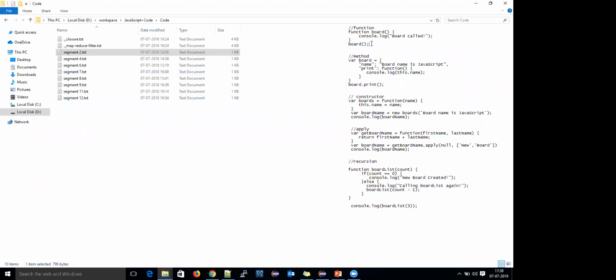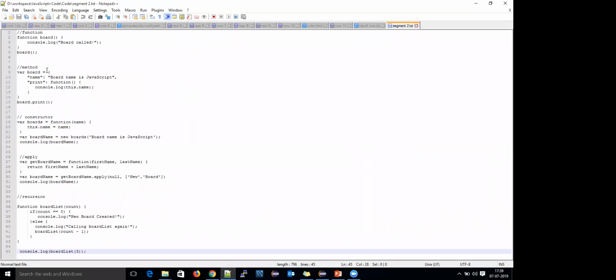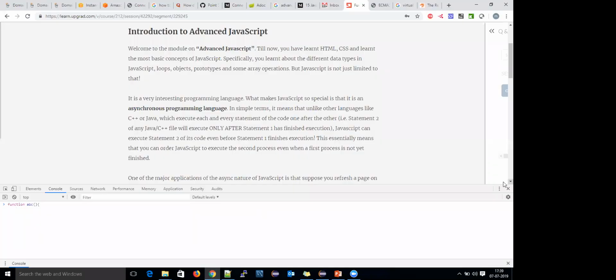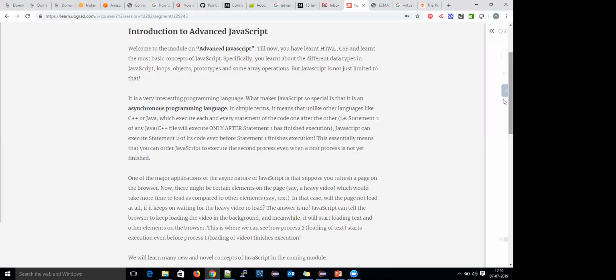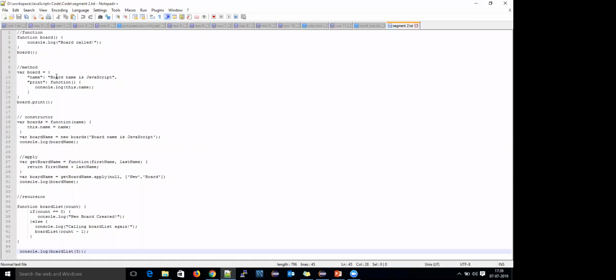So here they have given these examples. I'll just open these examples. I have downloaded these examples from upGrad lessons. You can also download all the JavaScript code from here. So I'm taking the same examples. Suppose this is a function. If I run this,